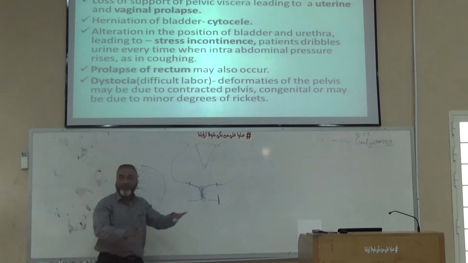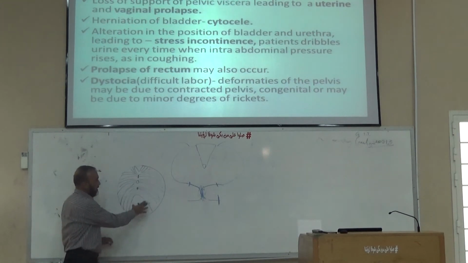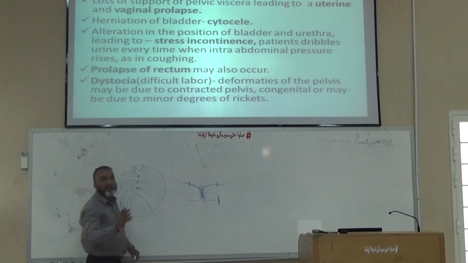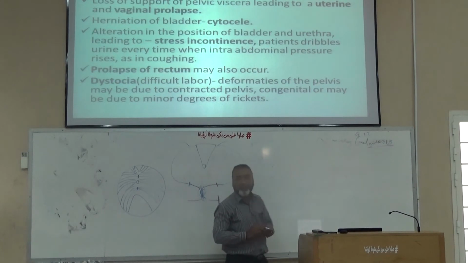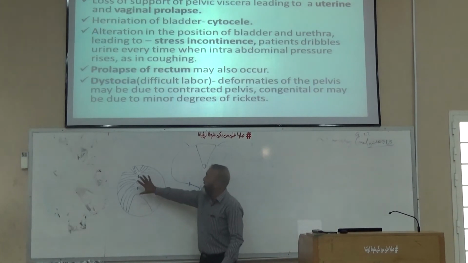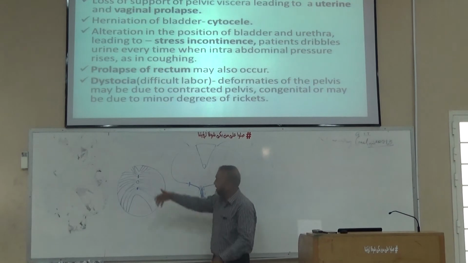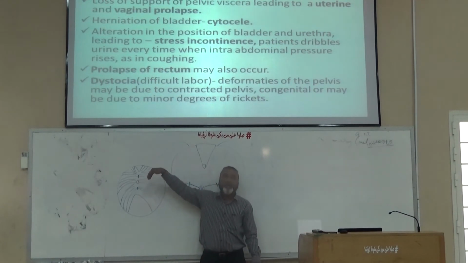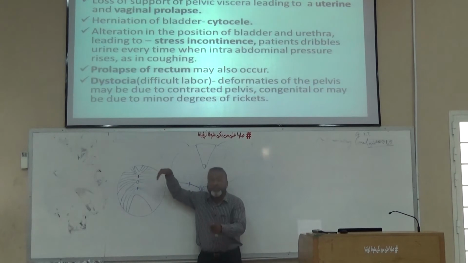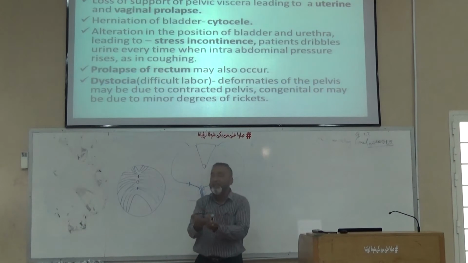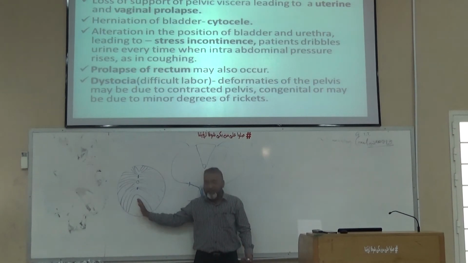This is the appearance of the pelvic diaphragm. Okay. Anteriorly there is a small gap. When there is difficulty in the delivery of the baby due to a short pelvis or narrow pelvis or male type of female pelvis, what can happen? Some gynecologists apply excessive pressure during vaginal delivery. What will happen after the delivery?